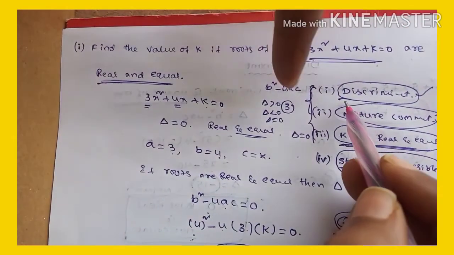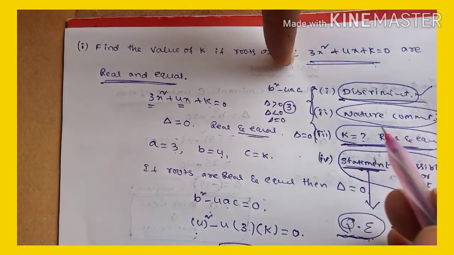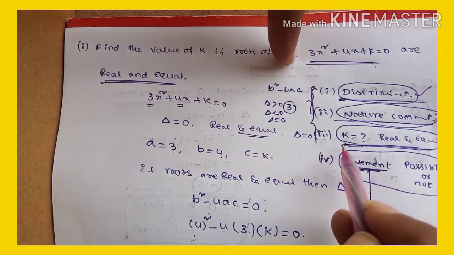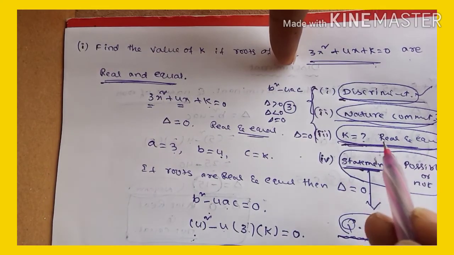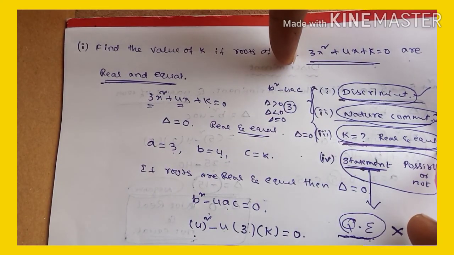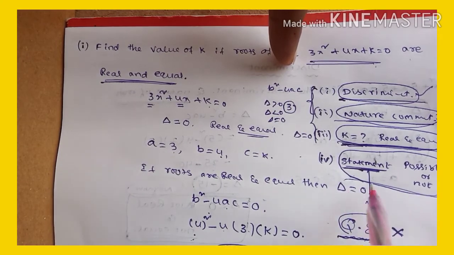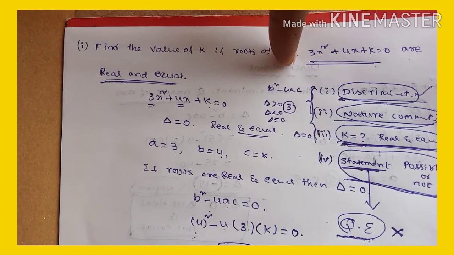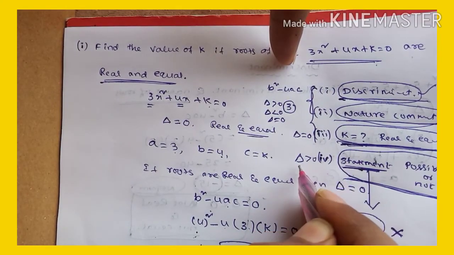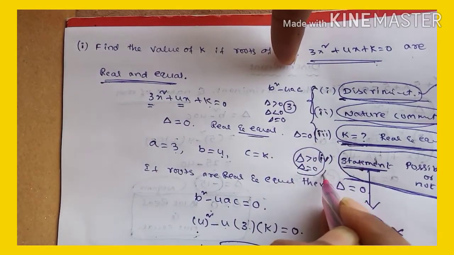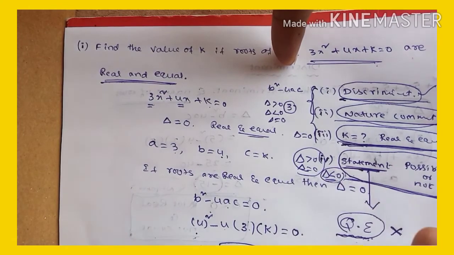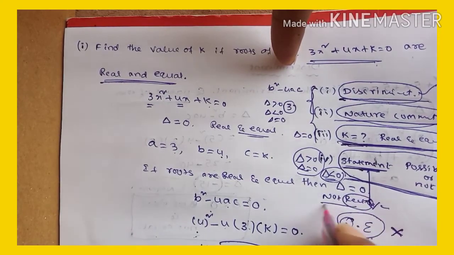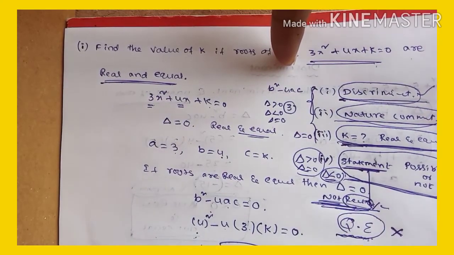Okay, in this video we discussed the discriminant and the nature of the roots based on the discriminant, then delta equal to 0 and finding the value of k. Whether a situation is possible or not is also based on the discriminant only. If the delta value is greater than 0 or equal to 0, possible. If it is less than 0, not possible. Roots are not real and not equal, so there is no possibility of real roots. So it is not possible.